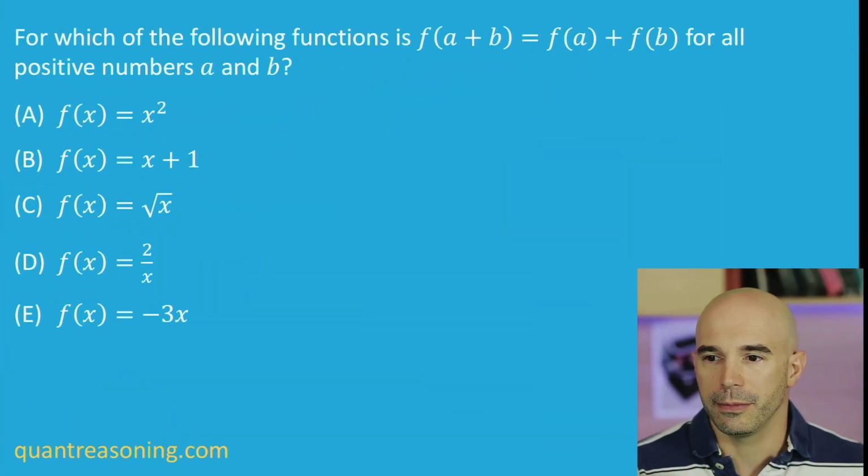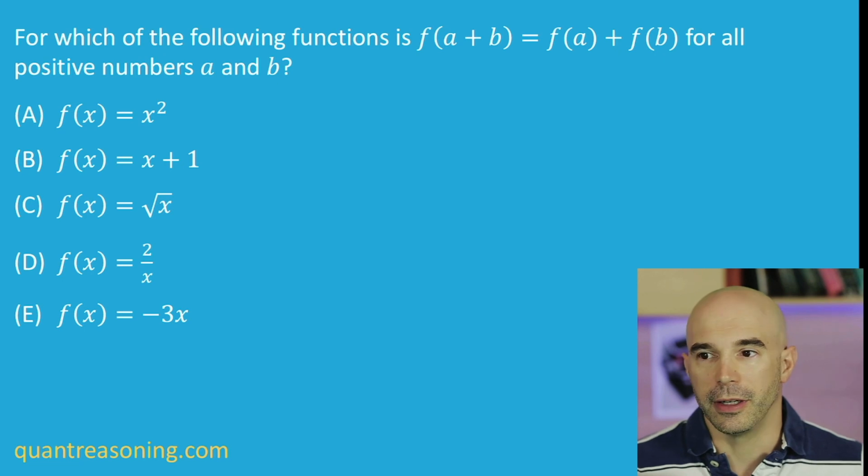Another function maybe adds 7. So you throw in a 3, it spits out a 10. You throw in a -4, it spits out a 3. It just adds 7 to whatever input it receives. So that's just conceptually what a function does. Now, in this question, there are 5 answer choices, each of which presents a certain function.